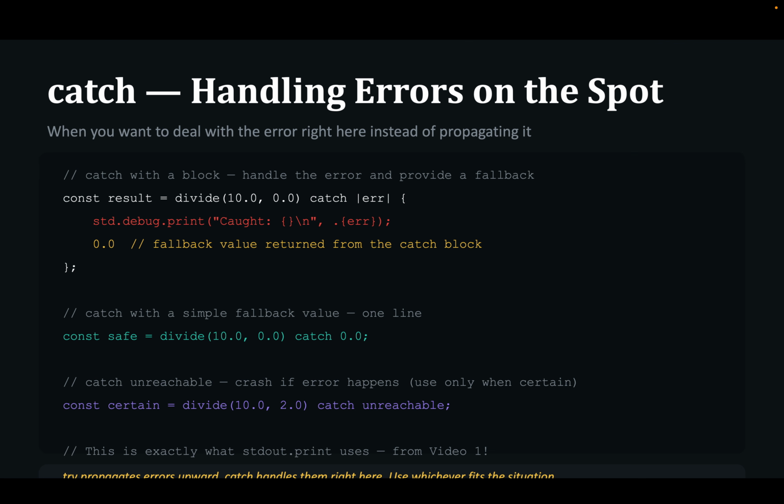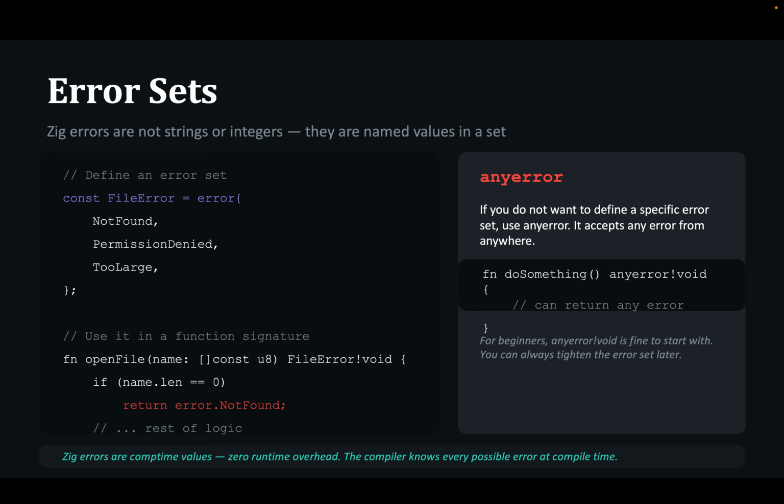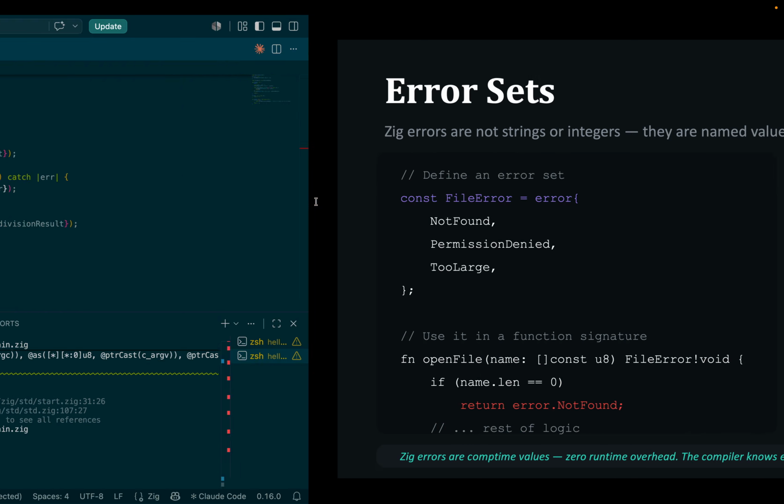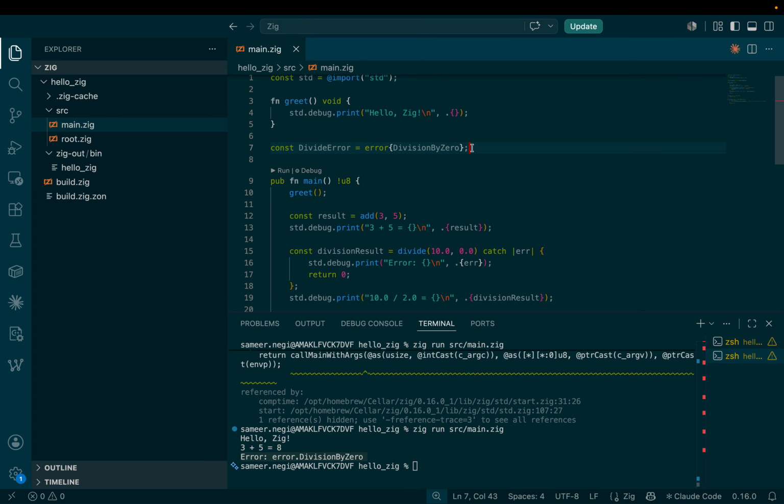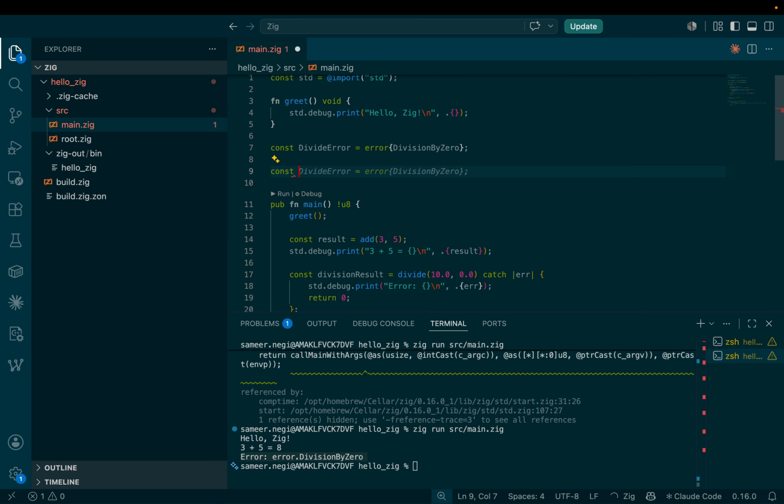Okay, now we go to error sets. Error sets are how Zig groups and names error. Let's look at a bit more carefully. So we can create a file error, which can be something like, here we did only divide error. So now let's create a file error,